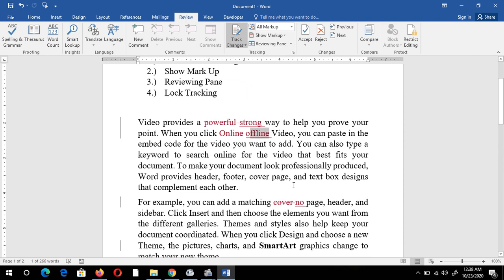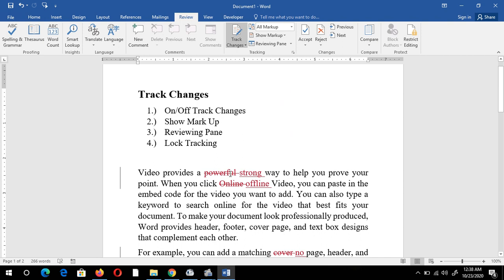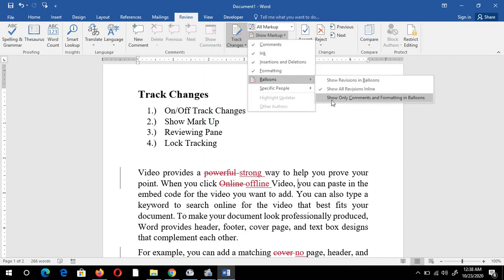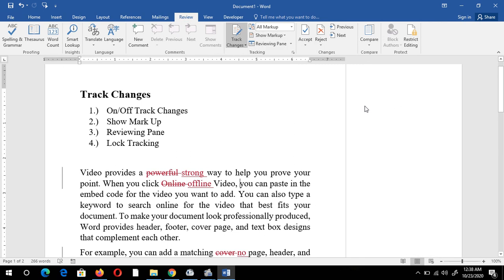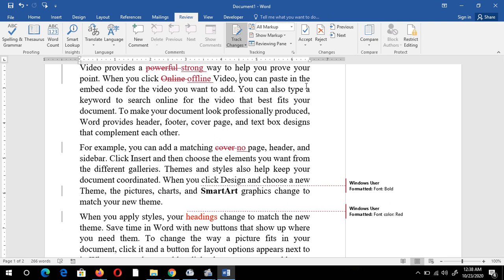Now I just want to change some more options. So I have to click again here, and this time I need to select this last option, show only comments and formatting in balloons. I have not given any comment, so it is not showing that.